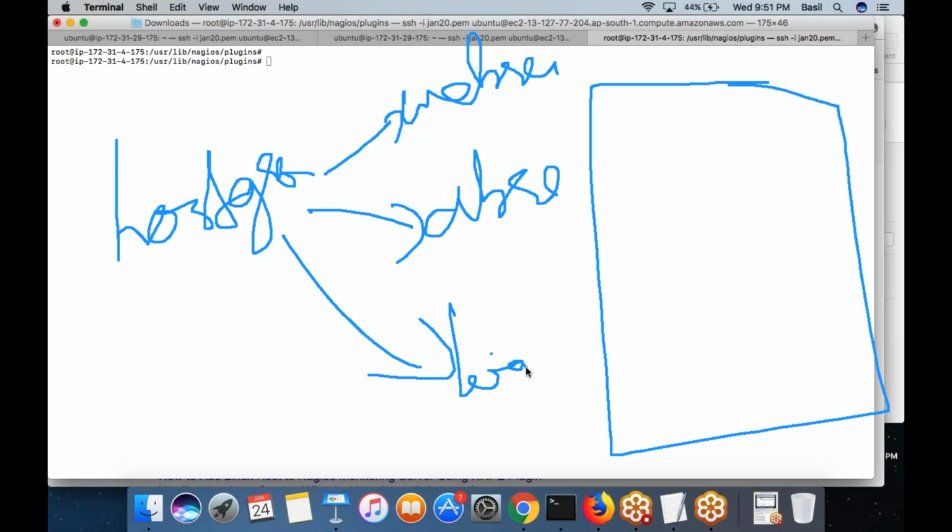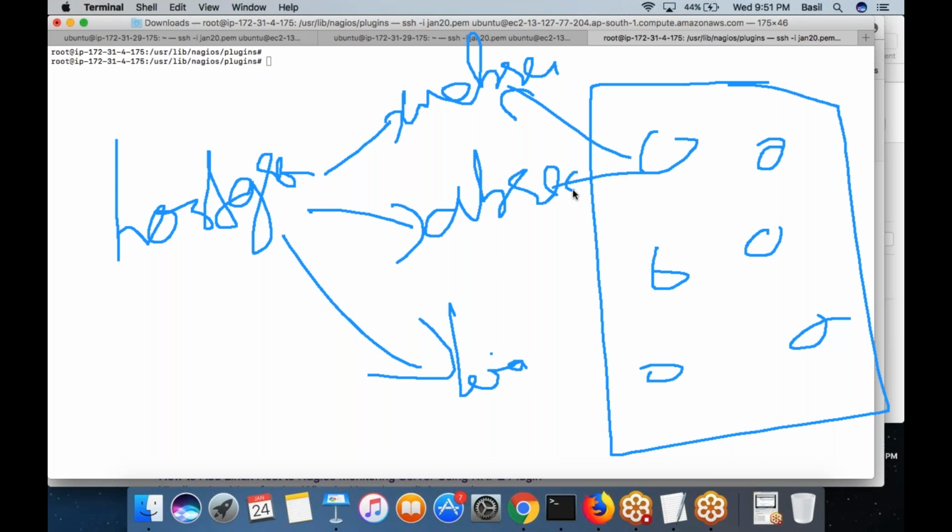Like that, you can create multiple groups. Then each machine part of your infrastructure can be added to one or more groups. Then automatically, whatever service you define for an individual group will apply to the individual machines also. Whichever machines are part of that group will run those services.